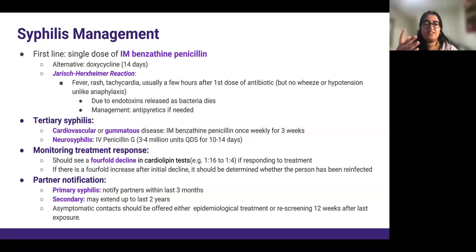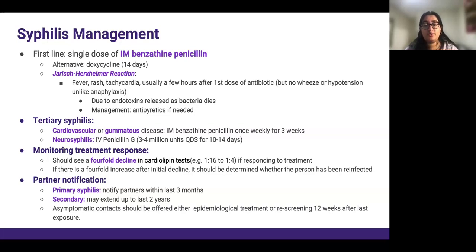But essentially it happens because the bacteria is dying and it's releasing endotoxins to kind of fight back. And if somebody has progressed to tertiary syphilis, then they would need a longer course of penicillin, depending on what they have. In terms of monitoring to see whether the penicillins have been working to combat the syphilis, you would want to